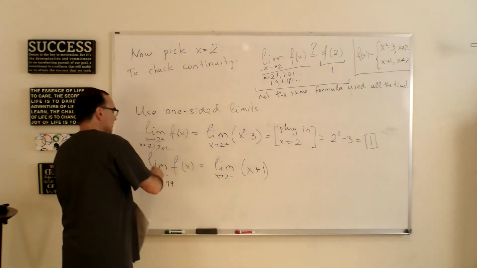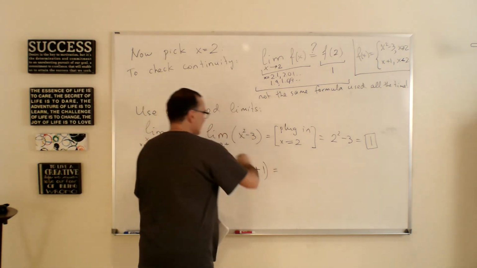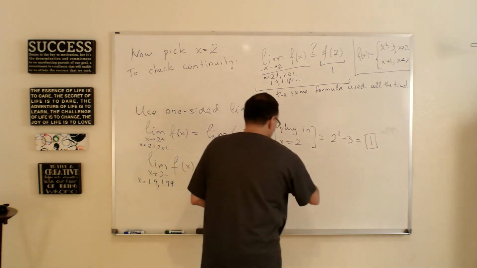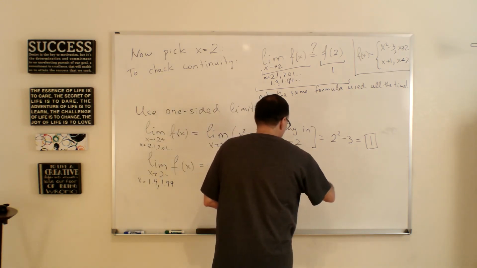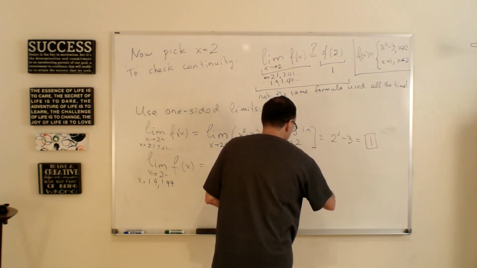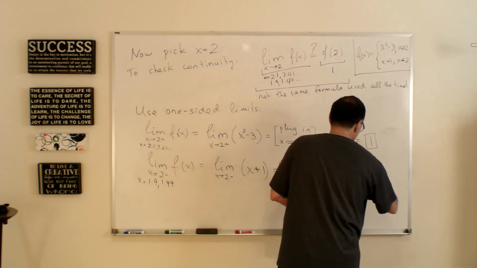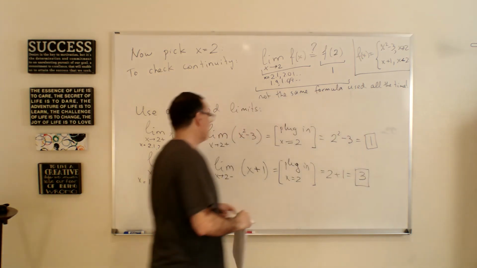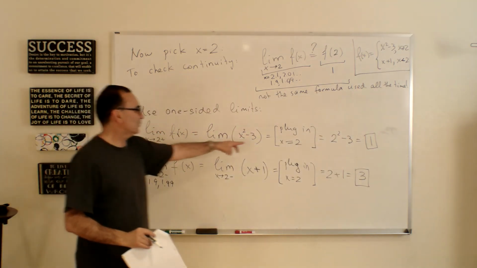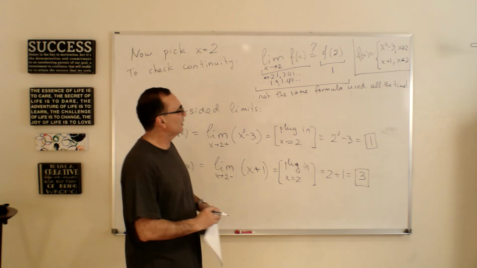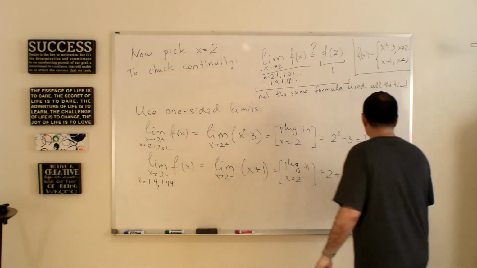So for the left-hand limit, we plug in x equals 2, but plug into that formula. So plug in x equals 2, and that is 2 plus 1, and the answer is 3. So we found that the right-hand limit equals 1, the left-hand limit equals 3, and from here we can deduce that since these two do not match,